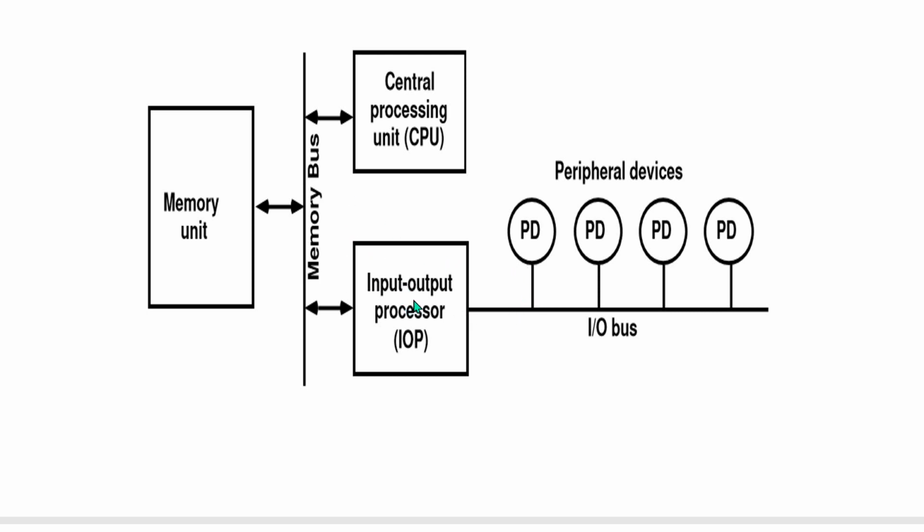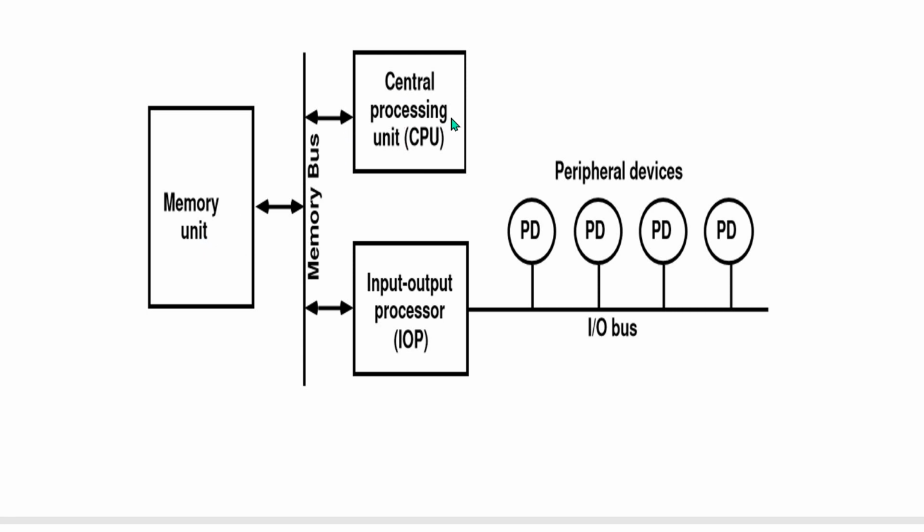Here, initially, the input-output processor is always processing an IO program. While it is processing the IO program, the peripheral devices transfer a block of data to the IO processor. The input-output processor reads a block of data from the peripheral devices and transfers it to the bus and the system, and this data is passed on the system bus and placed into the memory unit. In this case,